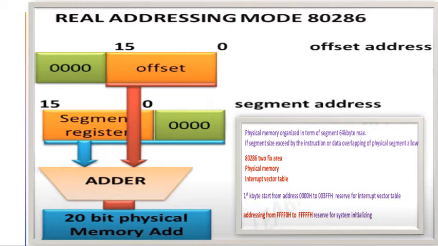While addressing the physical memory of up to 1 megabyte, the 8286 uses BHE along with the address lines A0 to A19 in the real addressing mode. The address line bits A23 to A20 will not always be 0 in this mode. Hence, A23 to A20 should not be used by the processor when the 8286 operates in real addressing mode.